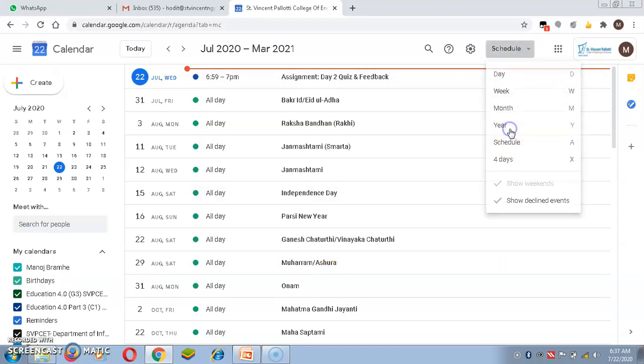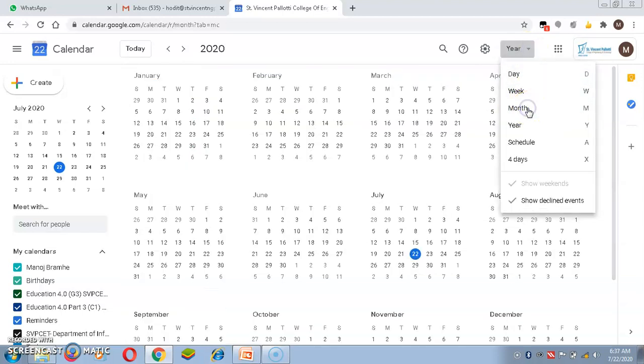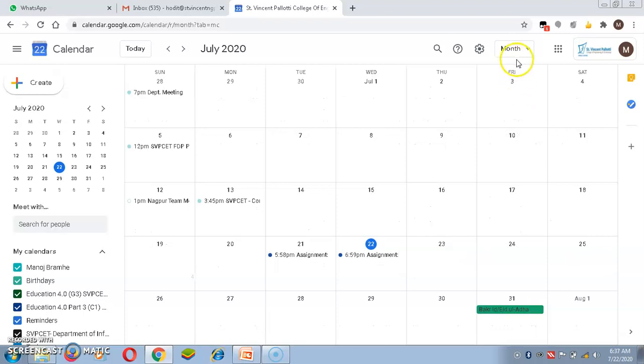Then you can go in a year-wise manner. You can view the calendar in a month-wise manner, and in that month, whatever meetings you have organized in the past, it will show you all the meetings plus the assignments and other things which are scheduled in Google Calendar.